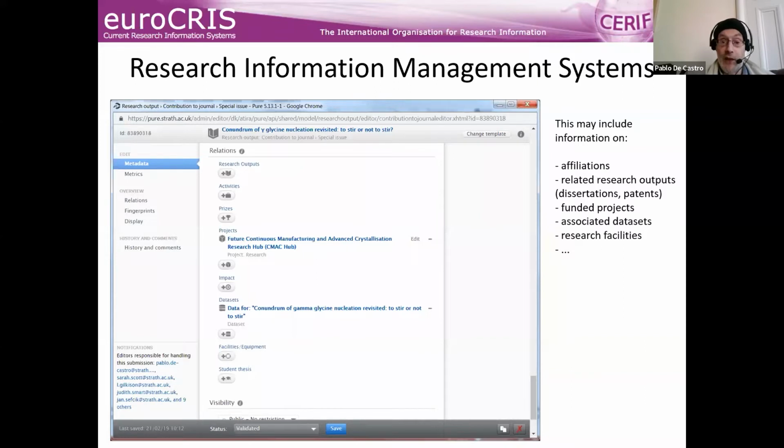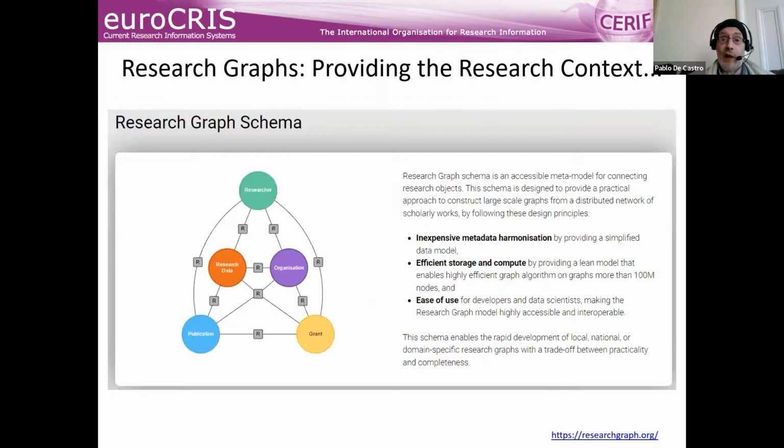They're not shown on this screen, because it's farther up in the record. Potentially research facilities, as I mentioned, if any institutional research facilities that are listed in an internal database for the CRIS have been used, you can link them from the record for the publication. You can link other research outputs, dissertations, patents, whatever other outputs may be connected to this paper specifically, perhaps guest talks at conferences, whatever is available in the database can be easily connected to a given publication record. So this leads to this concept of research graph, which is